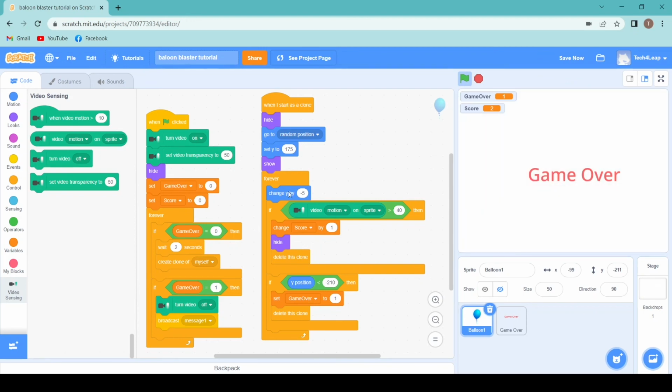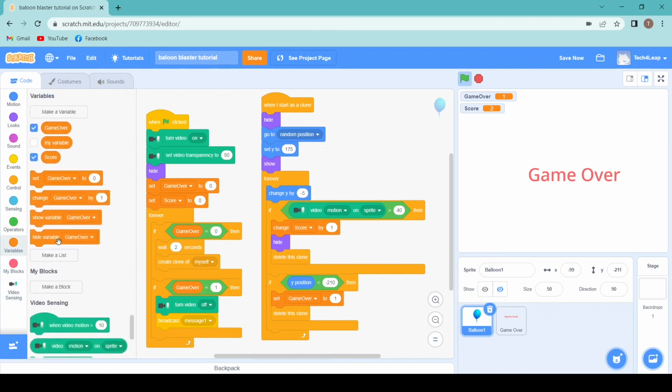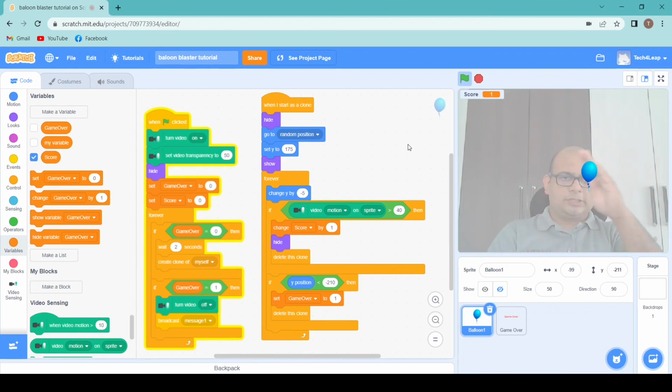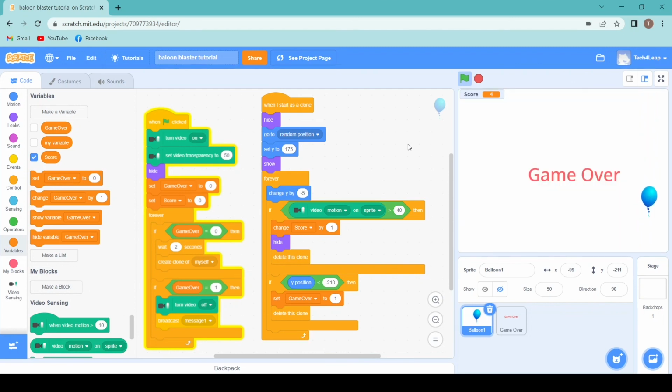Also, we don't want this game over variable to be seen. So for that, let's go over here and hide my variable game over. You can move the score up, which you will see properly. Now let's test this final time. Click on red flag, then click on the green flag. Okay, so this part is working fine. I am bursting the balloons and you can see the score increasing. And when I don't burst the balloon, it will go down, it will reach the black line. You will see the game over, video getting off. So this is the final